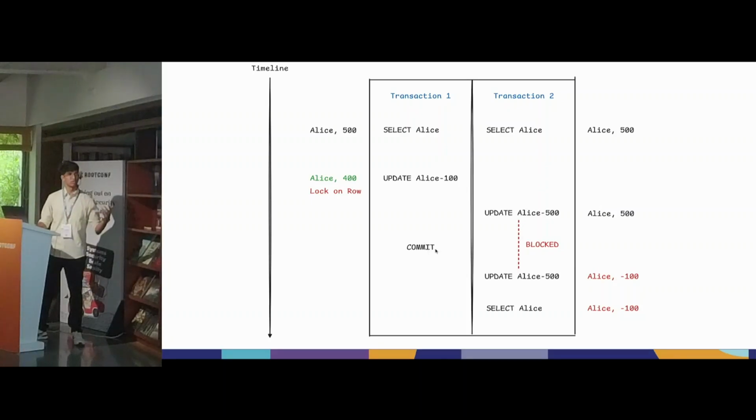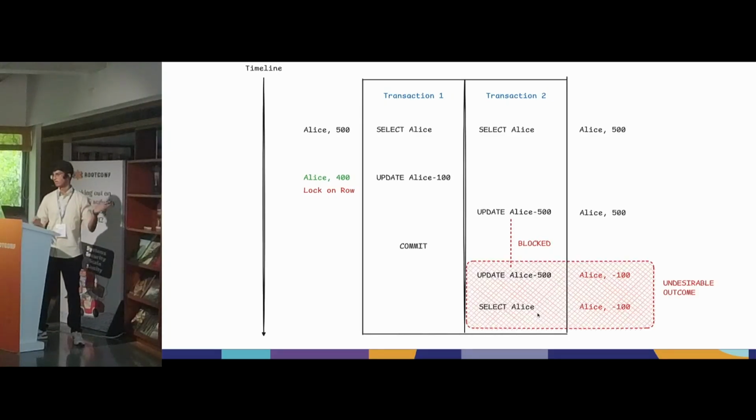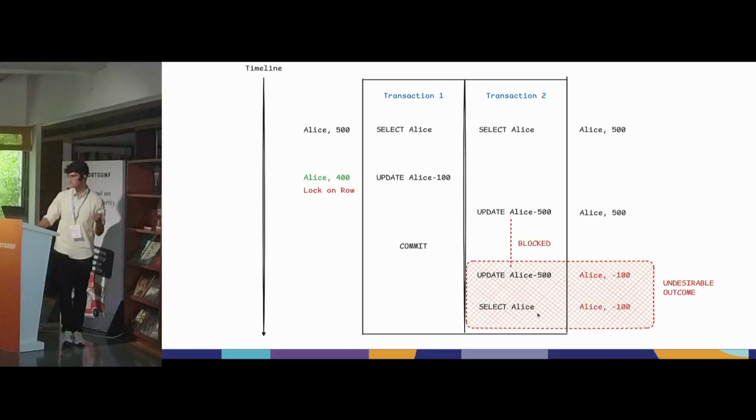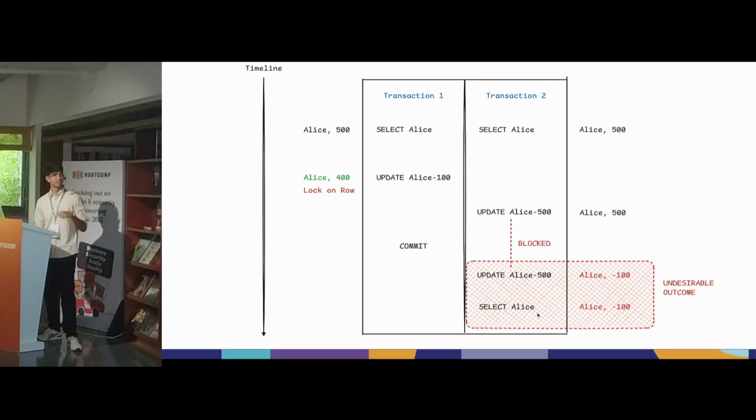Only after transaction 1 commits, transaction 2 can finally do its update statement, and you will end up with Alice having -100, right? And this is an undesirable outcome, right? You definitely don't want negative balances. If it's something like a bank, you probably want stricter regulations on how this is handled, right? And this is what brings us to